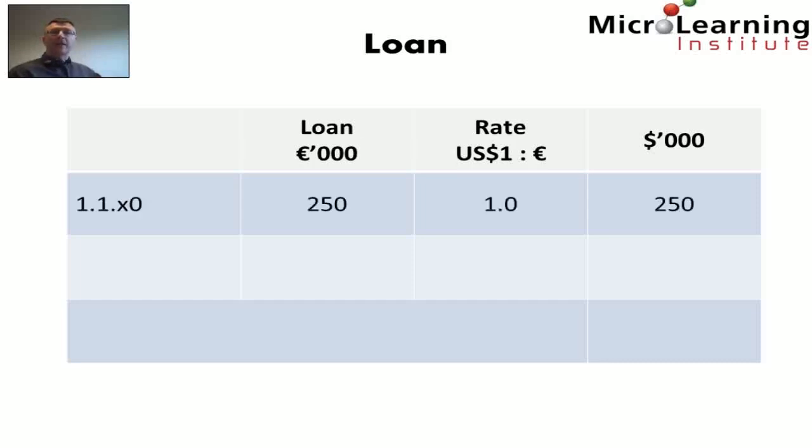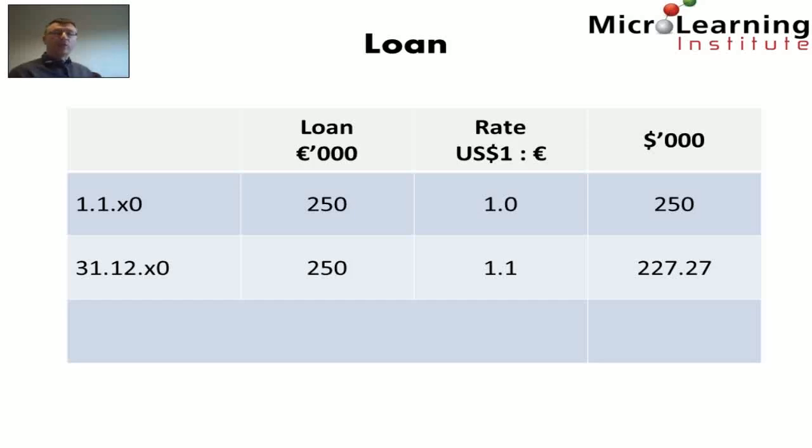So the loan was taken out on the 1st of the 1st x0 for 250,000 euros, at which time we're told that the exchange rate from US dollars to euros was 1:1. So consequently the loan was initially recognized at $250,000. At year end, the loan had the same carrying amount in euros of 250,000 euros, but the exchange rate